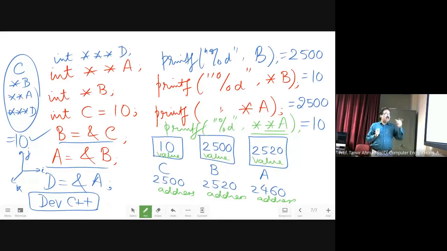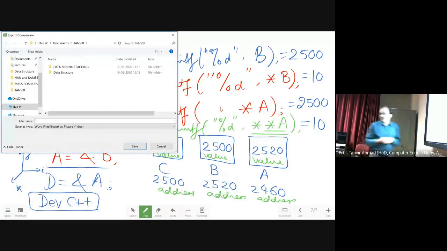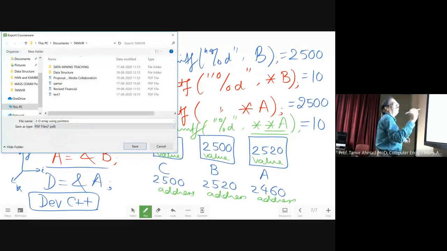And today I will upload this one. I will export it. You can use a doc file also, or a PDF file.